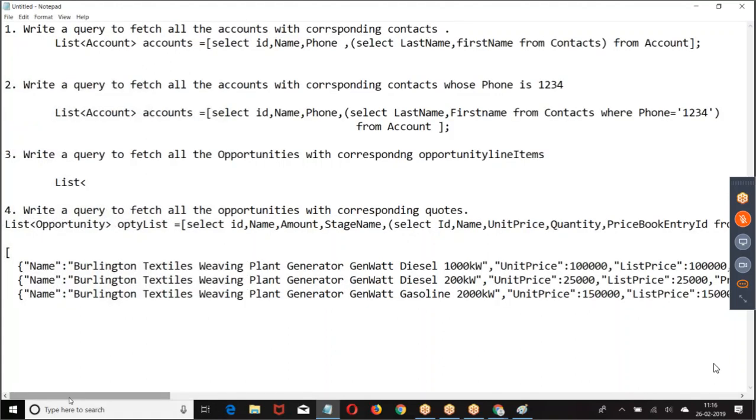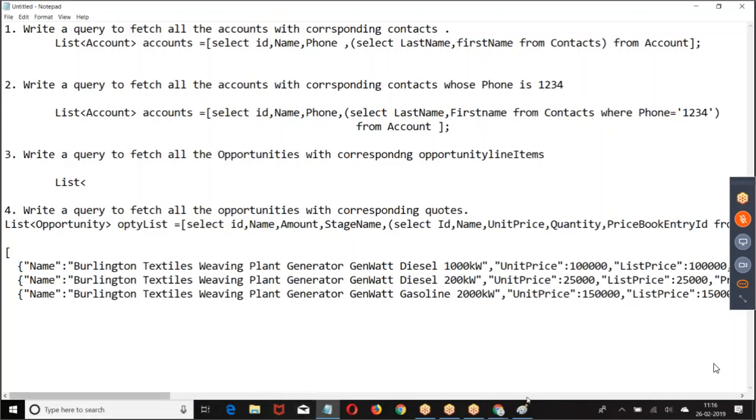How to enter the opportunity item? You have seen this. The opportunity amount will come from the opportunity line items. Which products is he interested in? This amount is coming based on which product? This product, 4 quantity required. This product, 3 quantity required. This product, 2 quantity required. All of them together, it is an amount of 10 lakh rupees. Opportunity with opportunity line item.